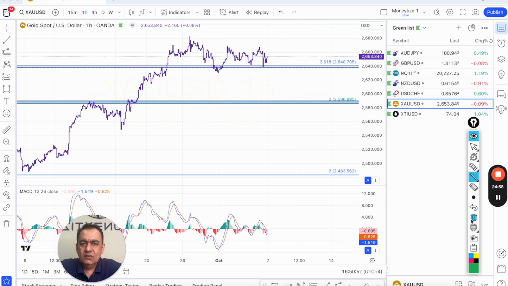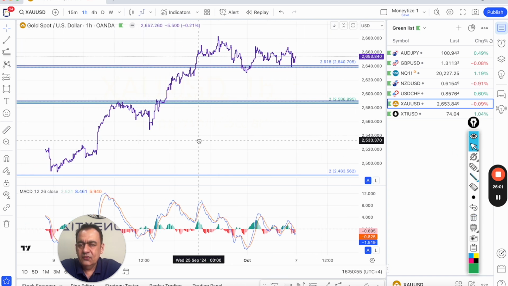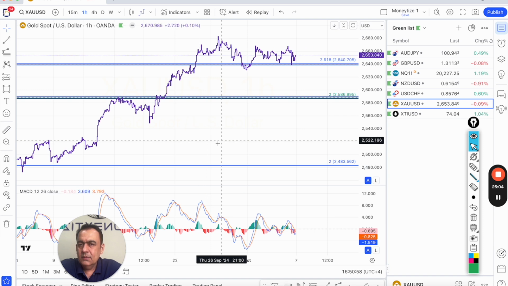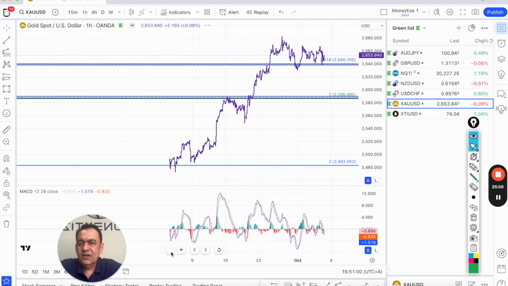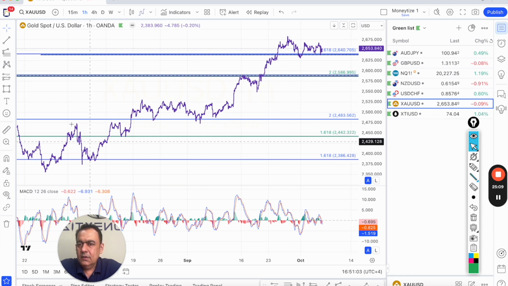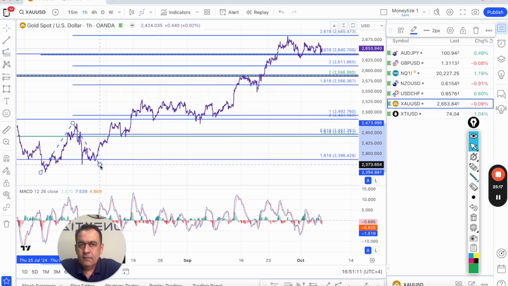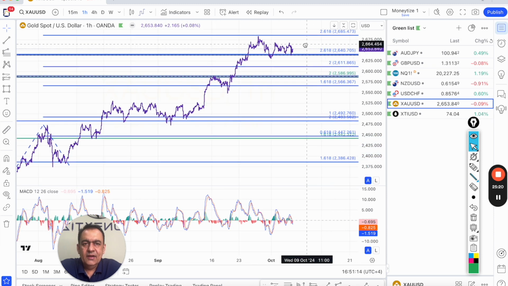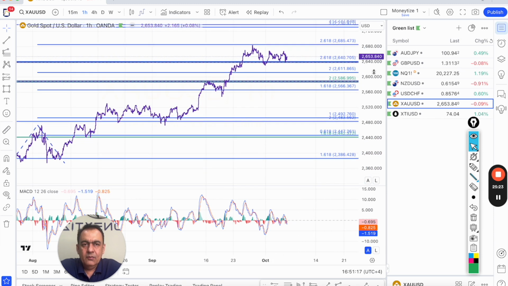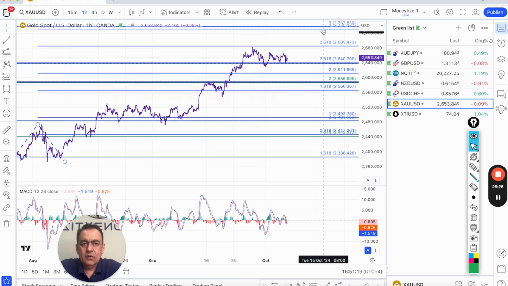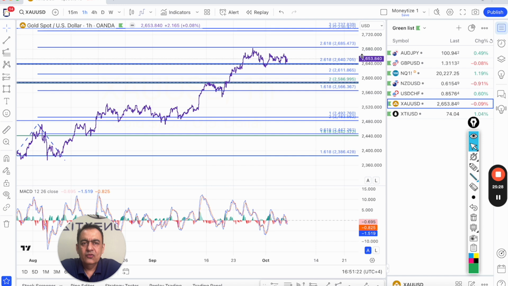If you want to know the levels in between current price and 2720, then I need to apply Fib extension on the lower frame, that's 1 hourly chart. So I'm going to apply from this low. Okay, so 2685 is the level in between, and once it breaks 2685, then the next confluence is around 2730 to 2737. So we need a break above 2685 to continue rally towards 2730,